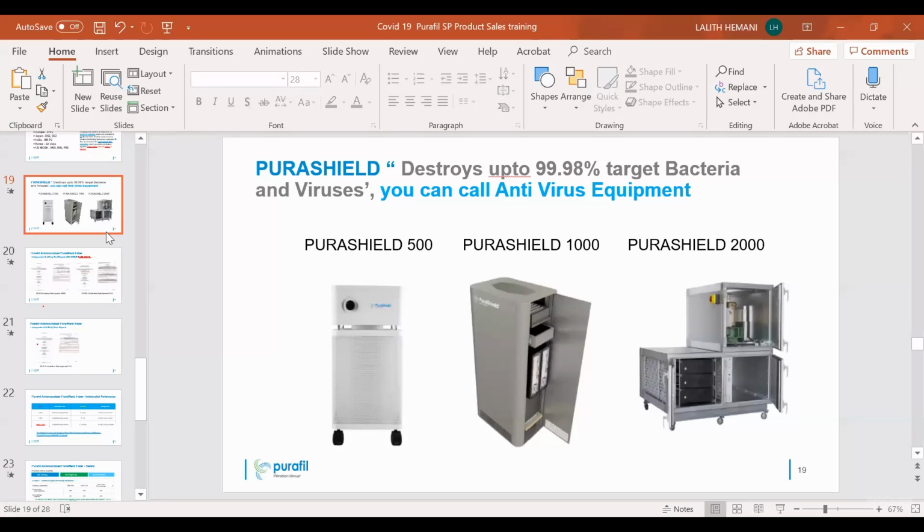Now, if you are going to a hospital, the reception area can be a good installation point. The screening place, where they are doing the screening and saying this is effective, this is not effective, can be a good installation point. The isolation ward can be a good installation point. You can go to any airport location where security is, and install PuraShield there also.